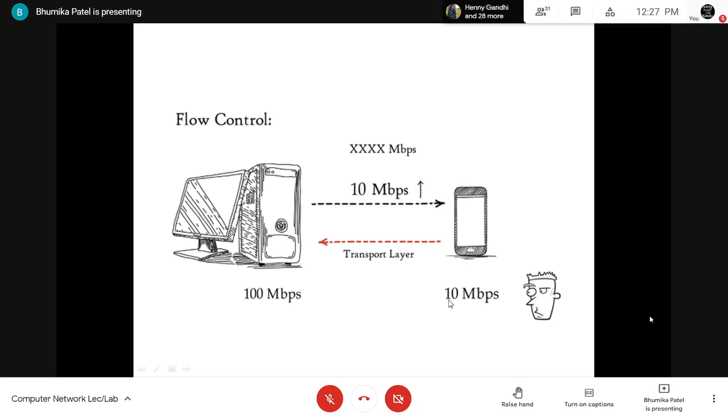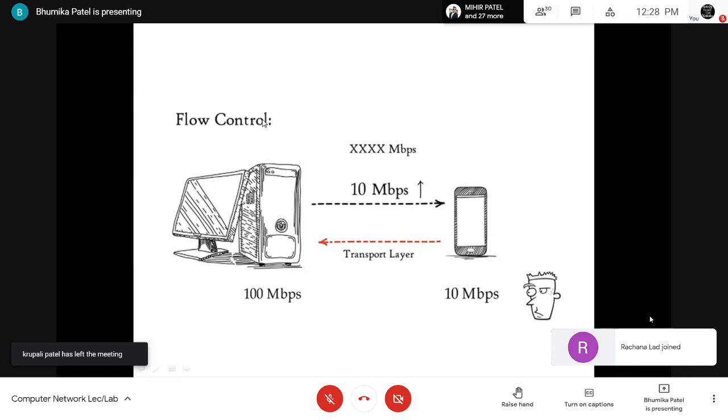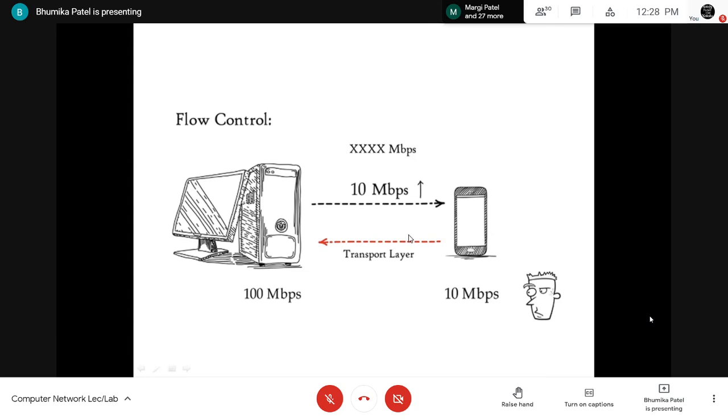The speed is already 10 Mbps, and if the server sends at only 5 Mbps, obviously performance will not be good. So to maintain system performance, we can tell the server to increase the transmission rate with the help of the transport layer. So we can say this flow control is done with the help of the transport layer. Further, it will use its own protocol.